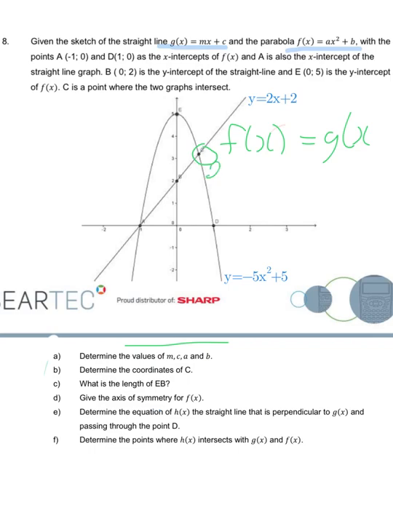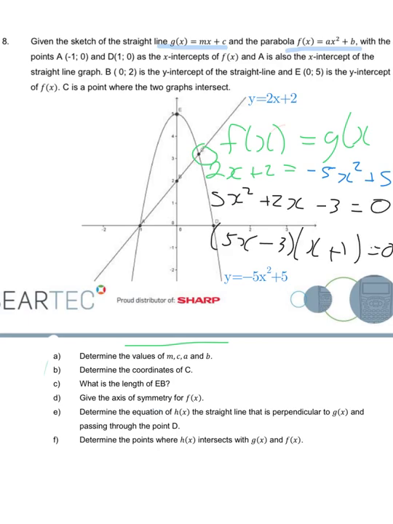So we're going to have 2x plus 2 equal to minus 5x squared plus 5. Now, to solve that, after a little bit of factorization, moving the x squared over, we end up with 5x squared, 2 stays there, 5 comes over, it becomes negative 3. Factorize that trinomial, we get that, and so our answers are